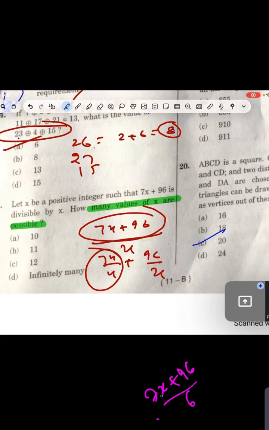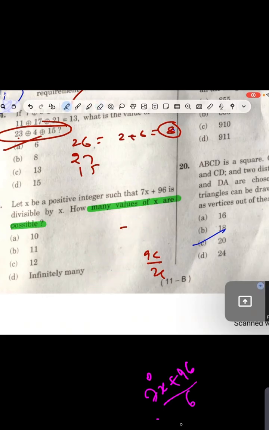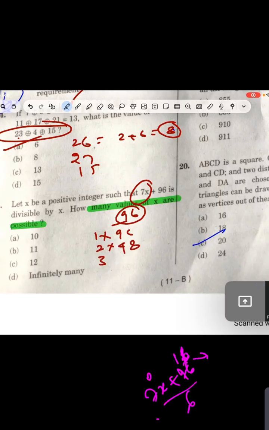No doubt. So guys, here I don't know x, so let's solve with 96, because if I find the value of x from 96, the same value I can put in 7x as well. So the value is the same. Now let's analyze the factors of 96. Factors of 96 means what? 1 into 96, 2 into 48, 3 into 32, 4 into 24, 6 into 16, then 8 into 12. Now 12 into 8, now it is repeated.